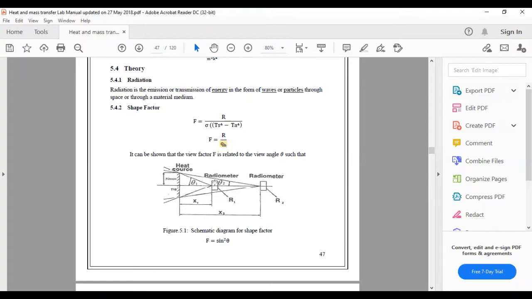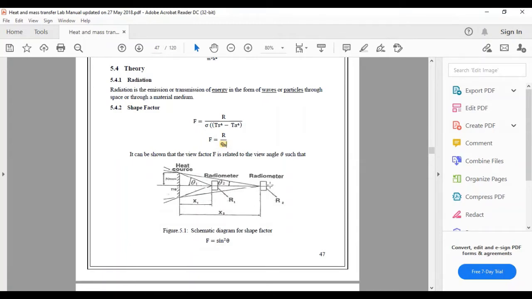So there is a radiometer placed at some distance of x1, and this distance is basically variable. You can vary it from x1 to x2 as well. So when we vary the distance of this radiometer from this heat source, the angle that it is making with this heat source will change. So at position x1, its angle is θ1, and if you increase its distance, its position will be x2, and its angle changes to θ2. The height of this radiometer is constant, that is 50 millimeter. The horizontal distance we can change.